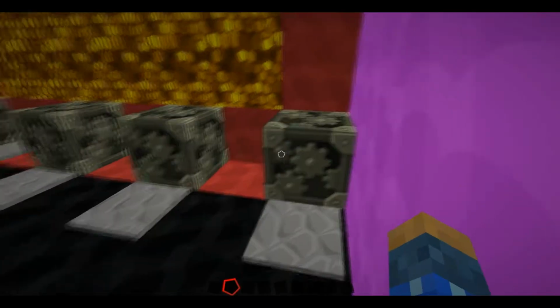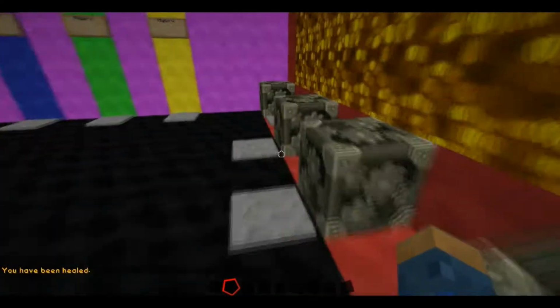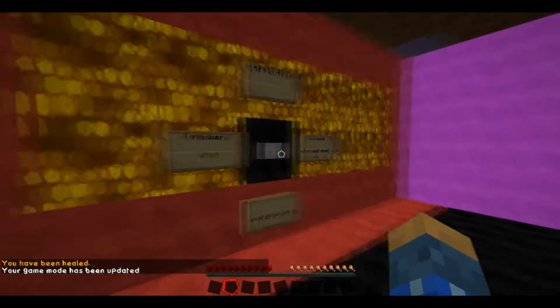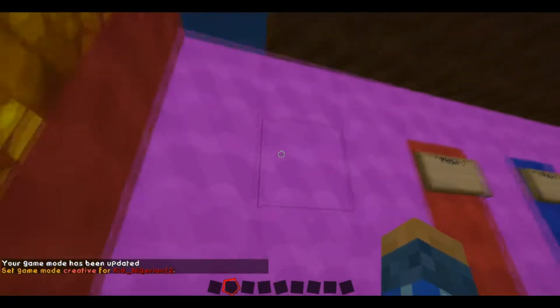Basically, I have these here for certain commands whenever we restart: clear inventory, heal, XP and stuff like that, just in case. But yeah, just ignore that. So essentially, what I started off with,